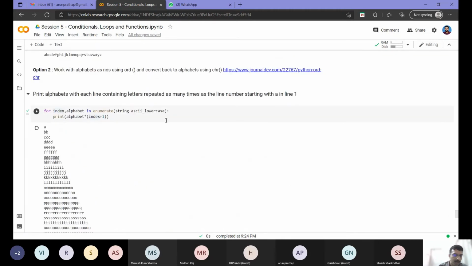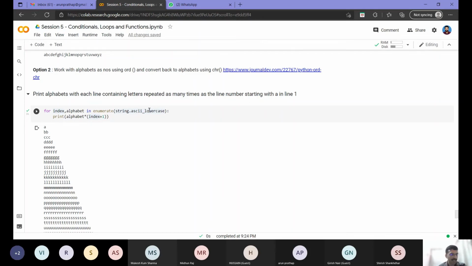So what I have used here is string.ascii_lowercase. The alphabets are only 26, right? A to Z capitals and A to Z lowercase. In that case, since I am using string.ascii_lowercase, it will be 26 only. Now suppose I have something extra here. If my size is limited to 26, then 26 will be printed. If I have 30 elements, those 30 elements will get printed if they are printable characters.